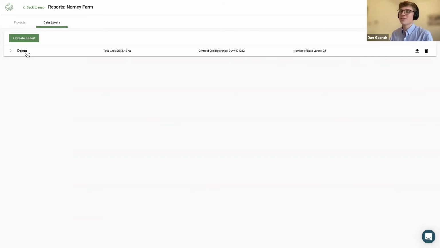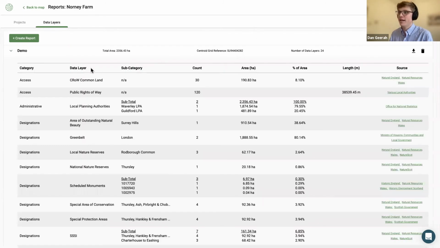So for my 2,500 odd hectares, I've got all of these different data layers, and this is how much I've intersected of them all. So it's a quick way of basically summarizing any given area of what data layers it intersects, or the designations, etc. So just to run through a couple of these, I'm not going to labor the point too much, but like public rights of way, that bounding box has 38,000 meters of public rights of way in, so nearly 39 kilometers. It tells me what local authorities are in,